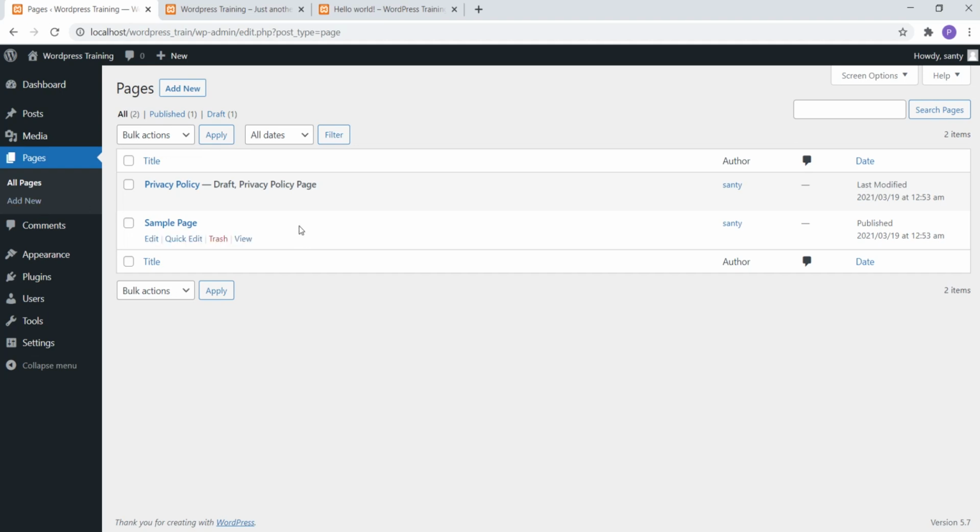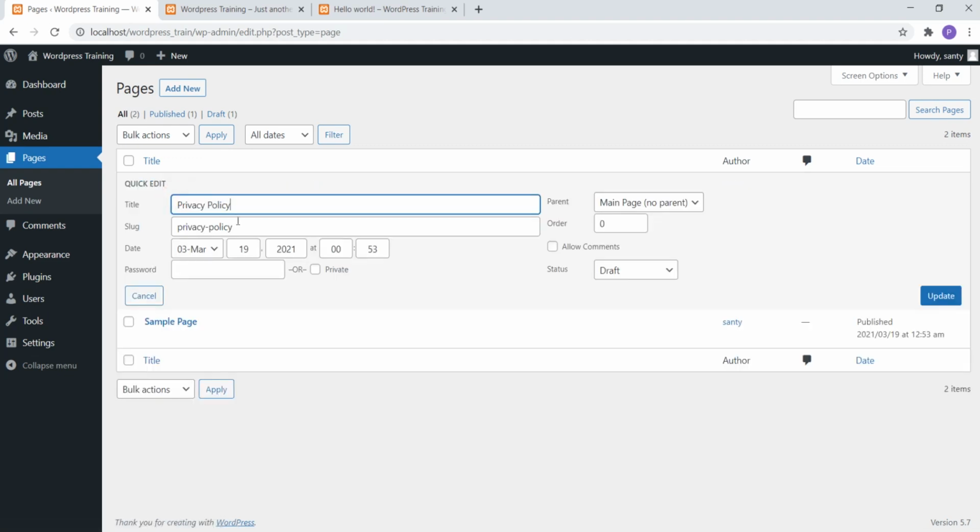If you see, again you have four options: edit, quick edit, trash and preview. When I click on edit, it goes to your detail page, and there you can start editing your data. When I do the quick edit, as I showed you earlier in the post, it looks the same way, where you can change your title, your slug, your date of modification or your date of publication, and then you can set up your password if it is private, and then you can select your parent page if you have any,